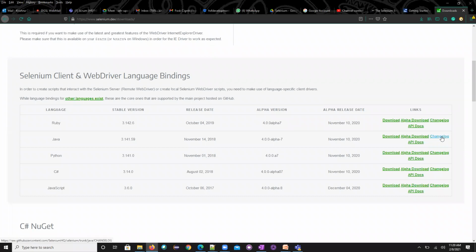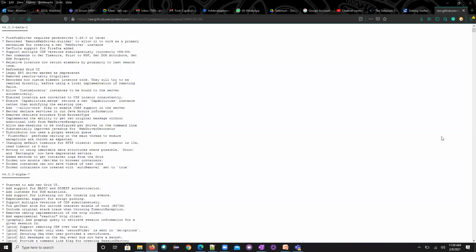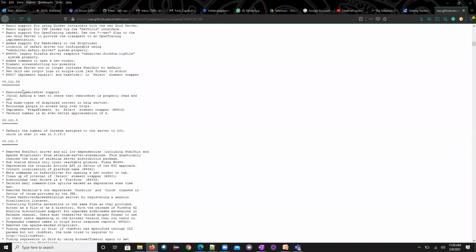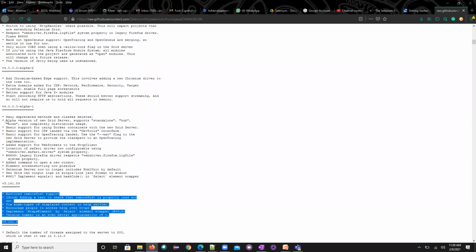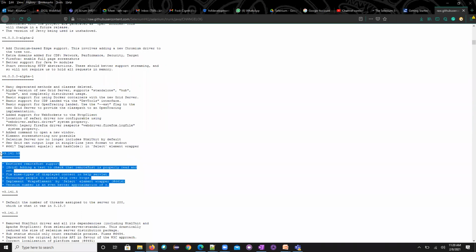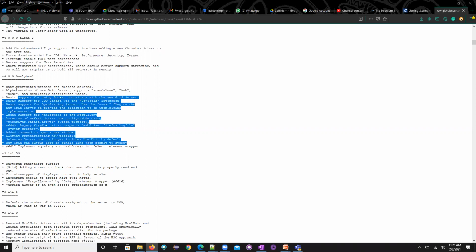And what are the change logs? Change logs are nothing but, from the previous version to this particular version, what are the changes we have done. If you see here, this is 3.149. This is the last version, right? Now from this version, we jump to 4. Guys, never ever follow any other tutorials. If you follow this one itself, we can have it. So from 3.14159, what are the changes that have been done, you can see it here. So usually I refer here. I'll not refer anywhere else.